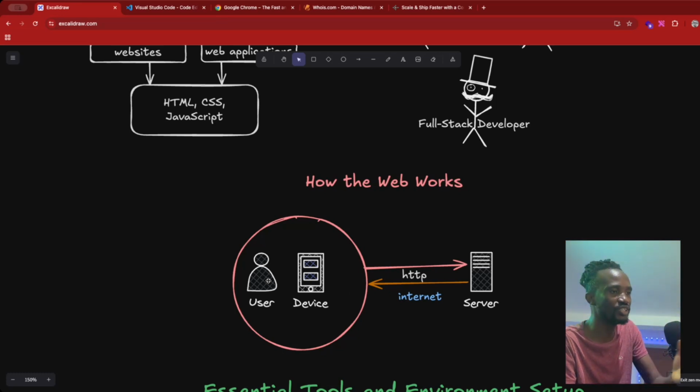Let's say you have a user and then you have this device, maybe a laptop or a phone that you're using. And then you're connected to the internet. Maybe you subscribe via a network service and everything. And then you go to www.google.com. So when you type in that address,